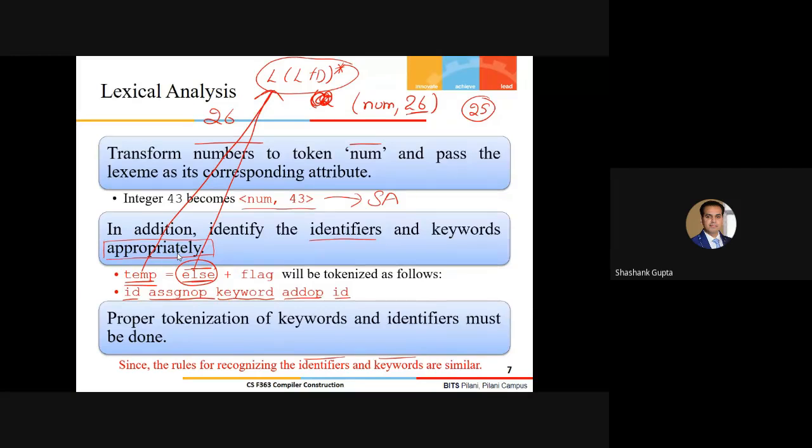But the lexical analyzer says, oh, come on, this is not my fault. Let the other phases handle and resolve this error. My goal is just to give you the set of valid tokens, and this much I can do for you. So let's make it clear before moving further.